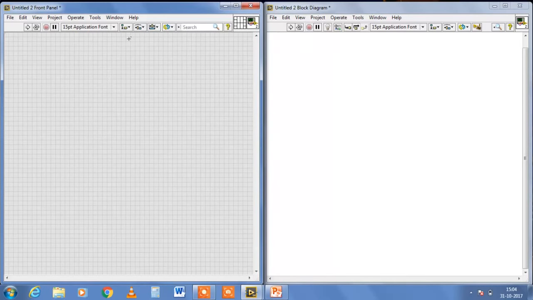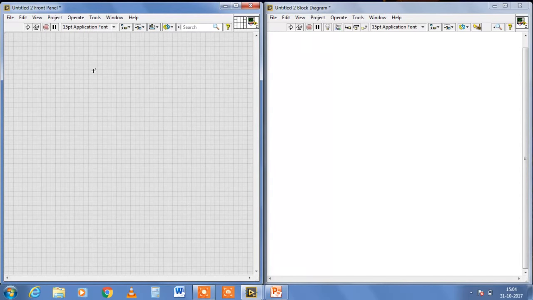Through this toolbar you can align the objects of your VIs, with the available functions: align objects, distribute objects, and resize objects, and you can reorder your objects through the reorder function, and these functions are common for both windows. Now let's look at the other functions like tool palettes, control palettes, and function palettes.